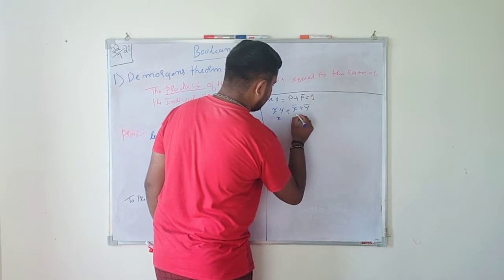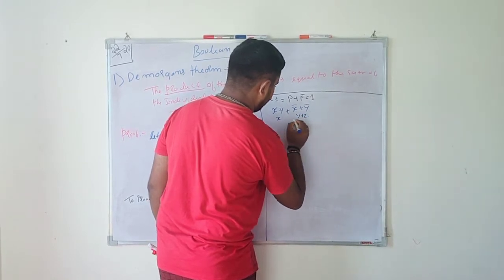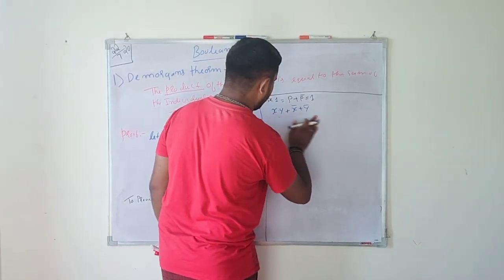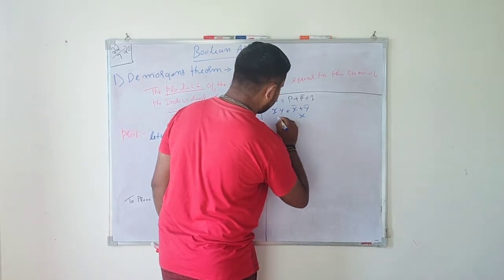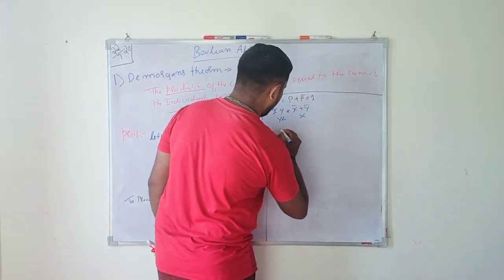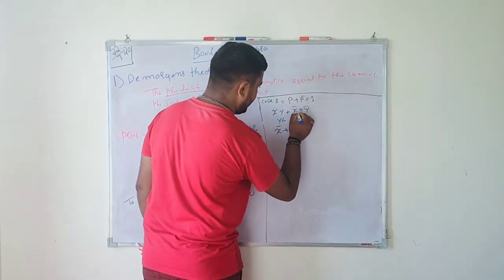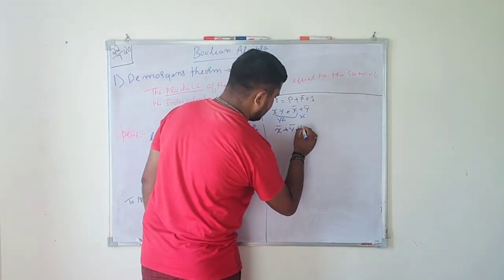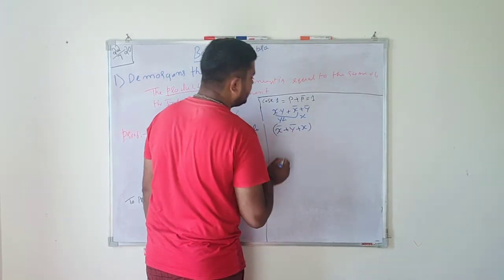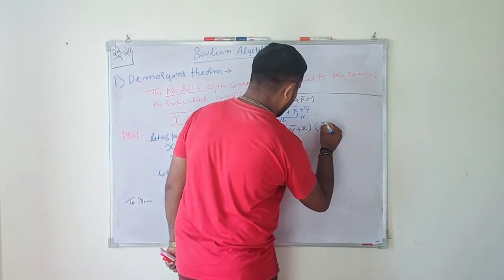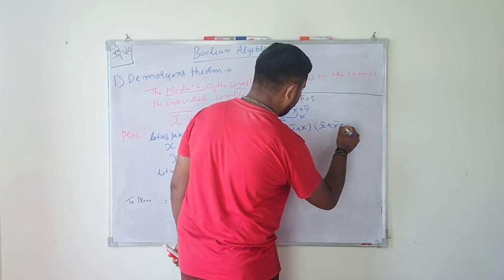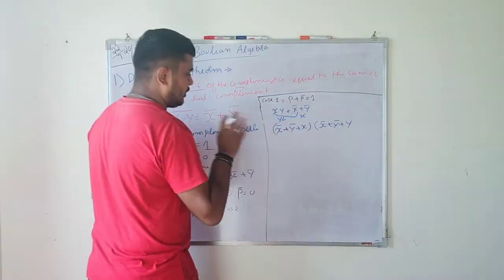This is x, this is yz. Okay, y plus z, yz. Okay, how do we do that now? Or we can say this is x, this is yz. So here x bar plus y bar will multiply with x plus x into x bar plus y bar plus 1. Okay, now this one.